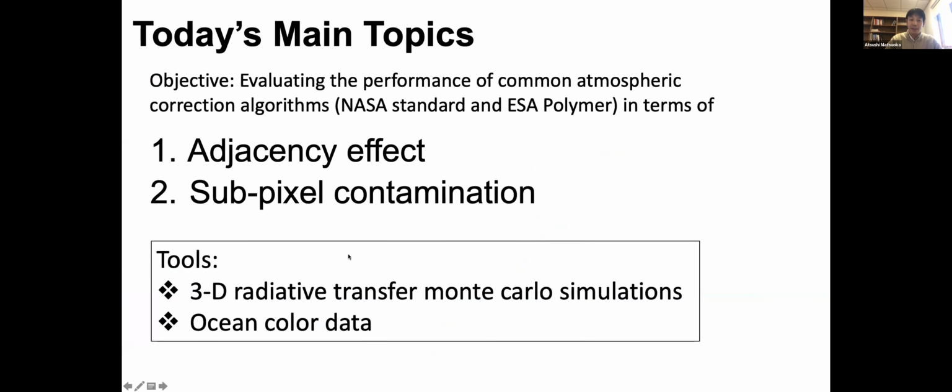So the objective of my presentation today is to evaluate the performance of commonly used atmospheric correction algorithms, particularly the NASA standard and the ESA standard, Polymer, in terms of adjacency effect and subpixel contamination. The tools that I'm going to use include 3D radiative transfer Monte Carlo simulations, as well as ocean color data.